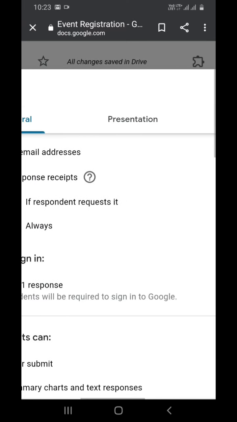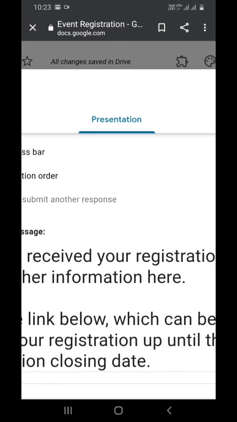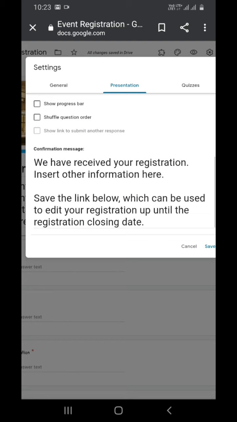Coming to the next option, that is presentation. Presentation has three important buttons: show progress bar, shuffle question order, and show link to submit another response. Show progress bar is nothing but the bar which is available in the Google form. Shuffle question order will help for a quiz, and it shuffles the question order.